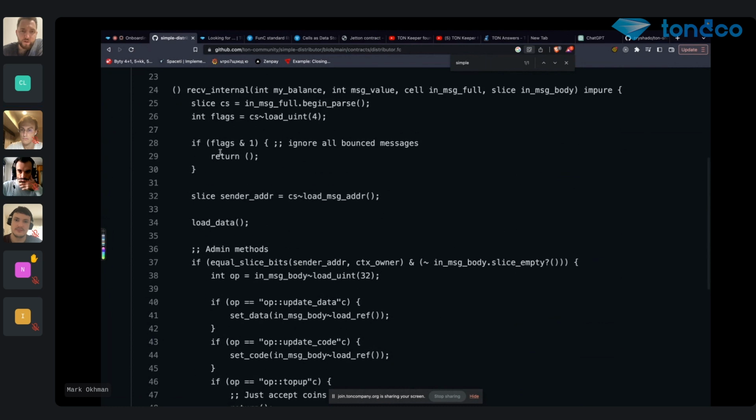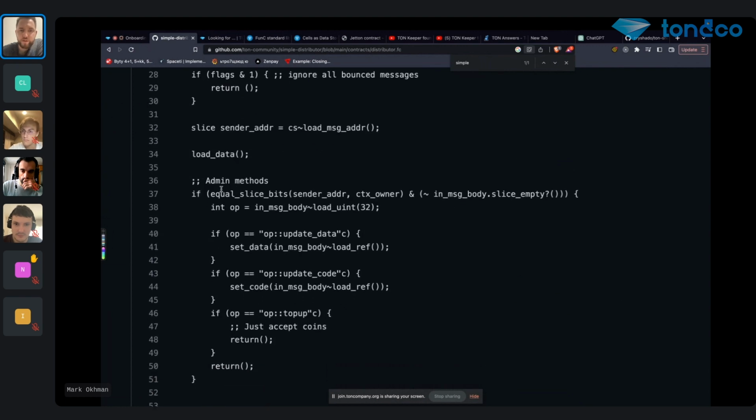Yeah. So basically here, I don't know if you read the contract code before, but this is a good one to read. So you're reading the operation integer. The operation integer basically shows you how to handle a message. So you would have to handle here what kind of operations will be received by your contract. So you can have, for example, an operation like question, let's say, operation answer. So you would send a message here that would trigger